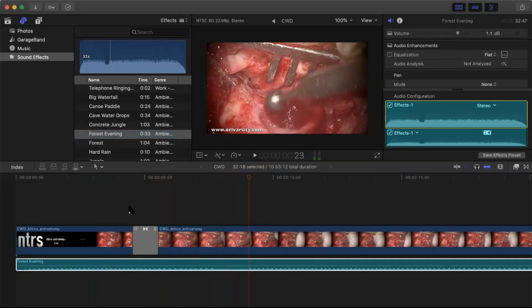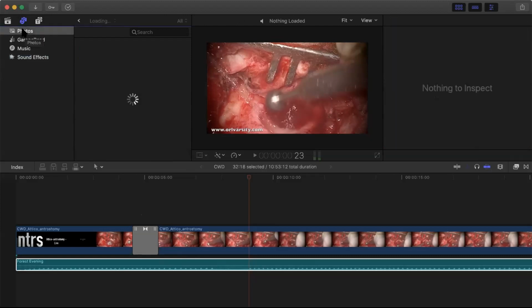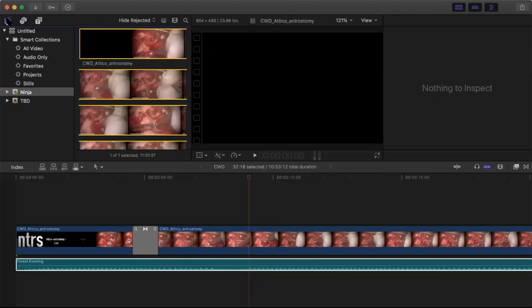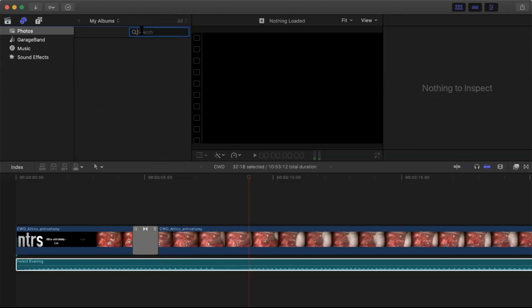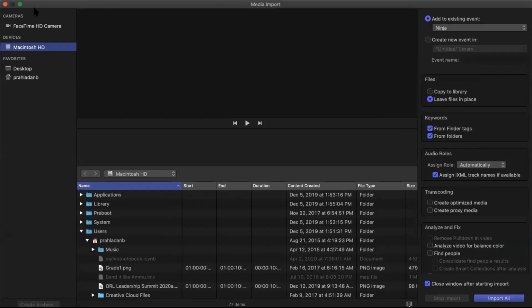Then suppose you want to add a picture in between, again you go to photos. Okay, you can add a picture here. It is trying to load. So what I will do is, I will go and grab the picture myself. Again I go to the video option only, because that is taking time. Let's see, maybe we search it. Okay, microscope, let me see. So it is not there. Okay, so I will have to import that picture here in order to add it.